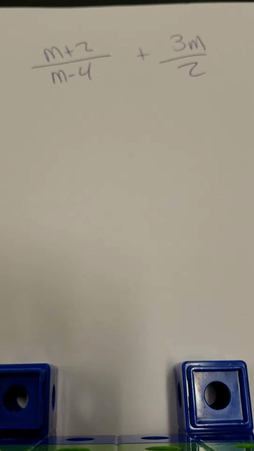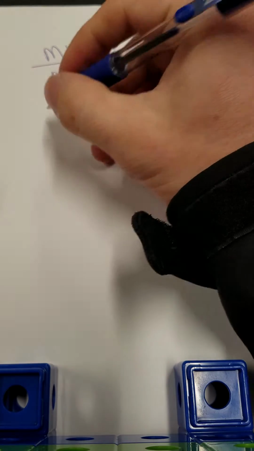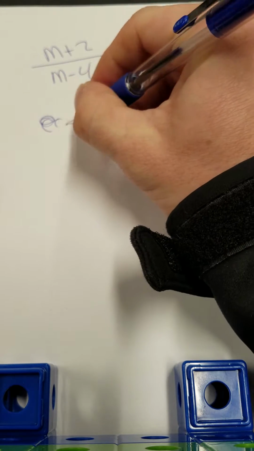Alright, so my last video was over adding and subtracting with common denominators. When you're looking at these two fractions, you can first tell that they do not have a common denominator, so we have to create one. The method that I use is called straight across,